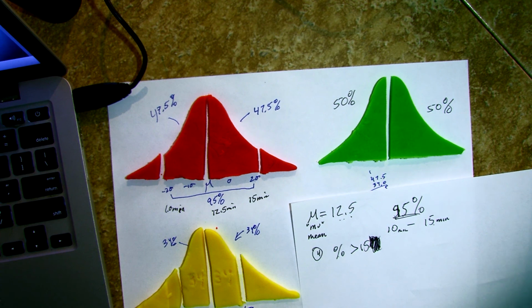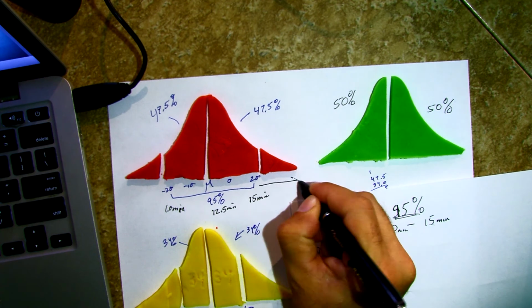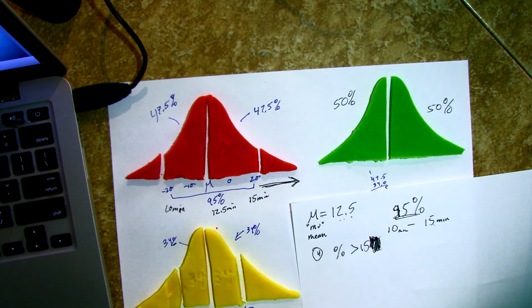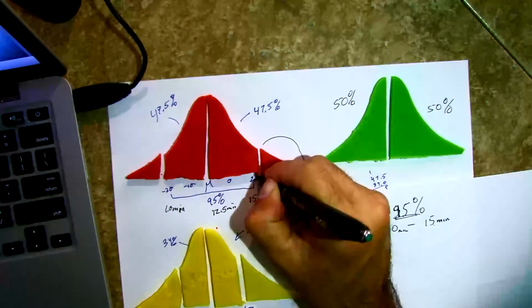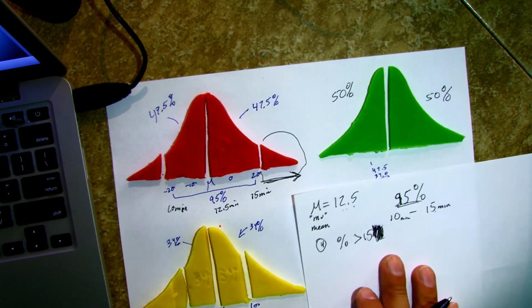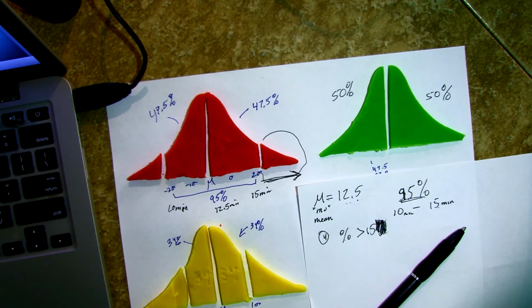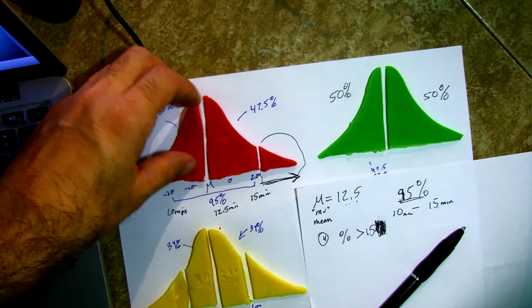All right. So now looking at that, we want to find the percent that's greater than 15. So that means we're looking for this. What percent is just this little sliver right here? Okay. So we've got to think about that. Here is an exact example of how we can do this effectively. Now watch. I'm going to take this piece out